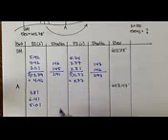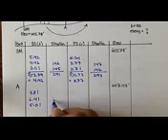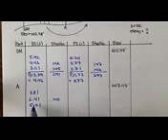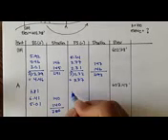Okay, let's check the stadia. 7.81 minus 6.41 is 1.4 times 100 is 140. And then the same thing here. Middle minus bottom times 100 is also 140. You add this together, you get about 280. Okay, for the foresight,